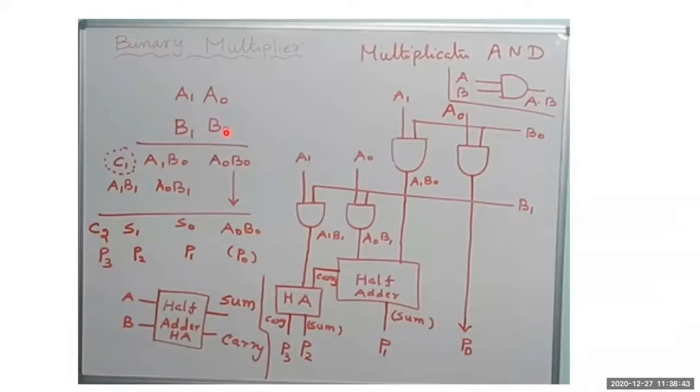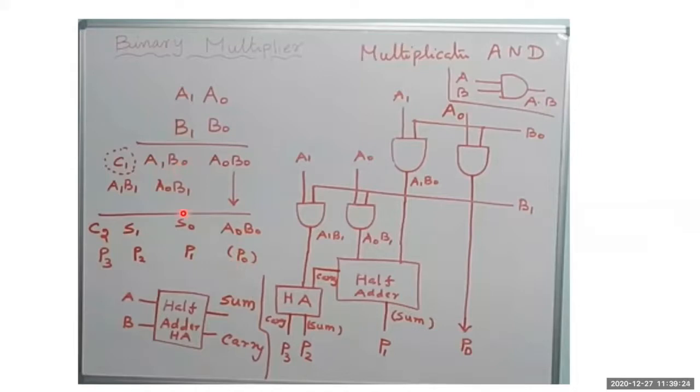Now I have completed one set of multiplication. Next, I'll do the multiplication of B1 with A naught and A1. Whenever I multiply B1 with A naught, I'll get the partial product A naught and B1. Similarly, when I multiply B1 and A1, I get a partial product of A1 and B1. So now we have completed this particular set of partial products. Afterwards, we need to add these in order to get the final output of this multiplication. For that, in the binary multiplication, this particular partial product comes down here. Let it be called P naught, the first product.